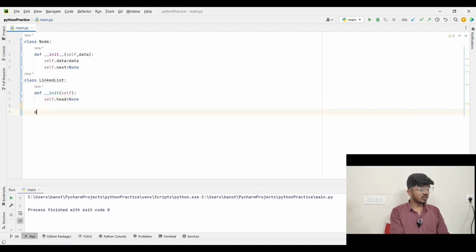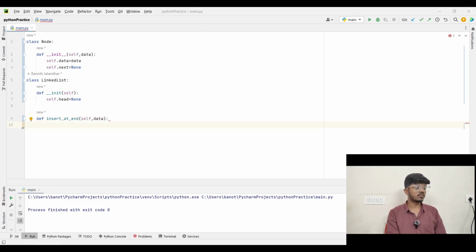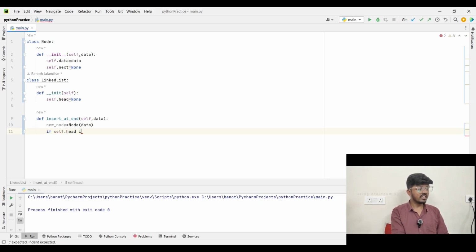So now create the function to insert it, def insert_at_end, by passing the data here. So now create the new node. new_node equals Node, passing the data. Then let's check the condition: if self.head is None,